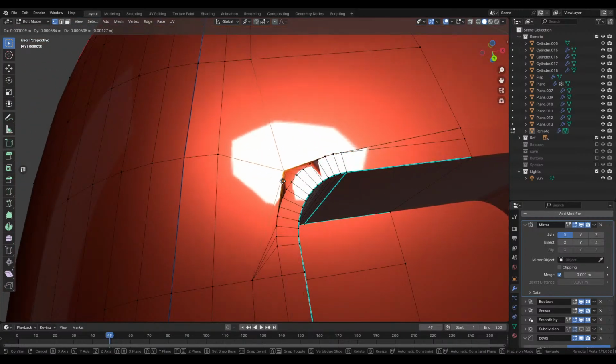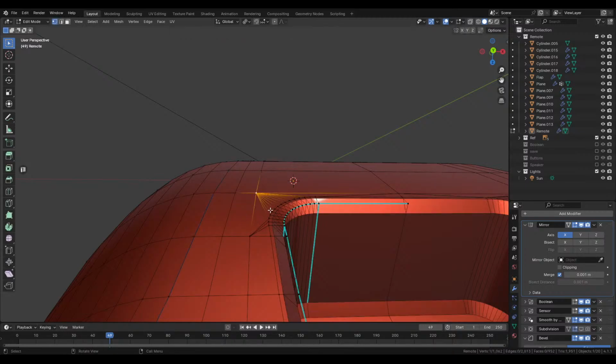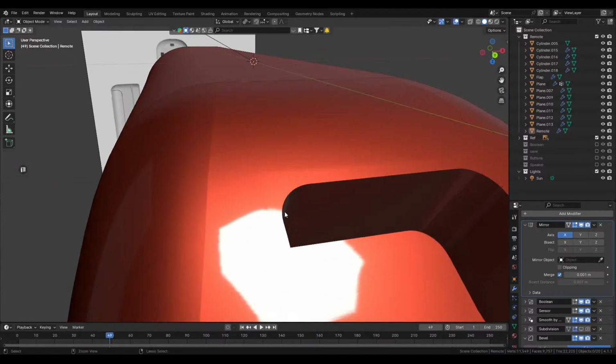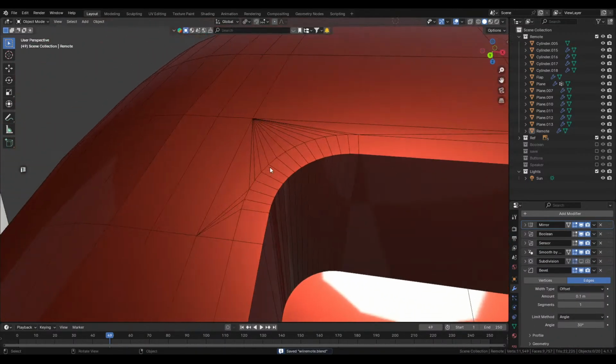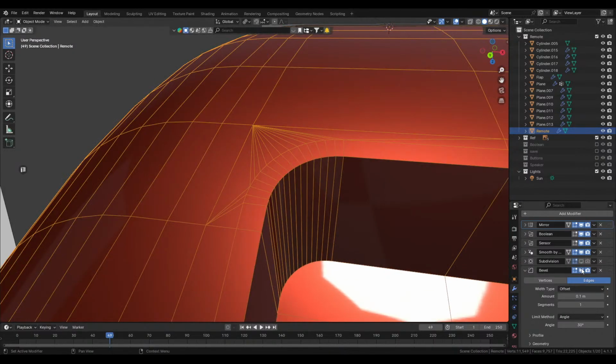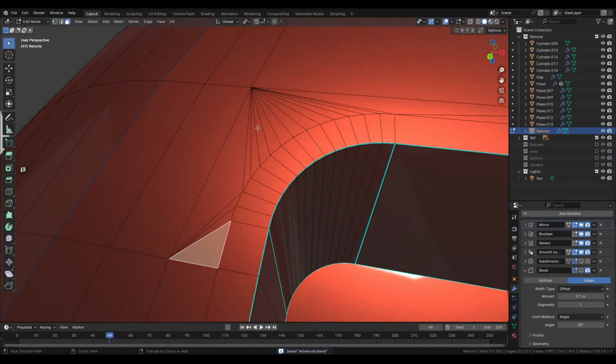We could push this closer, but then we would break this loop here. We want this loop to be like this. We just don't want to disturb the original curvature at all. So let's try and